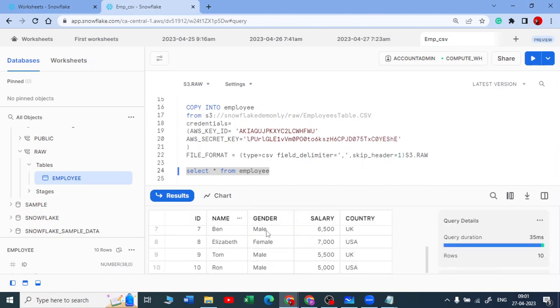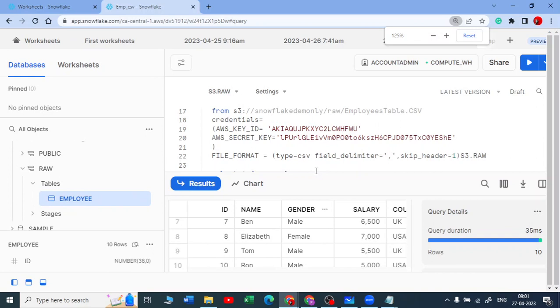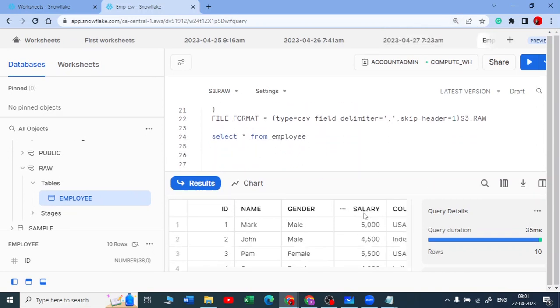Now let us imagine that you have millions of records here. For practice we are just taking 10. From this we are creating different layers of tables. For example, I want to do a group by. Let me zoom this. I want to see the salaries based on